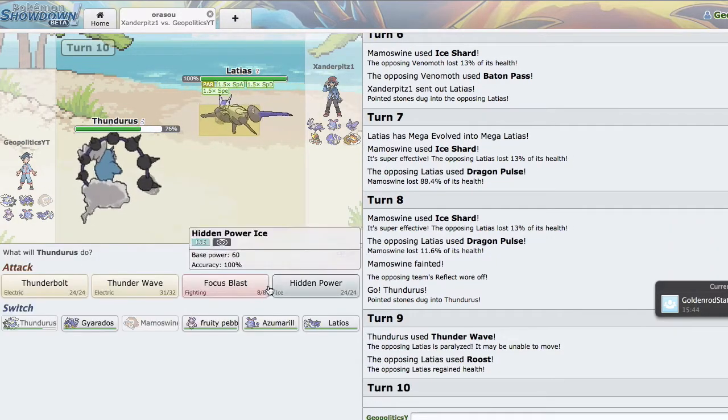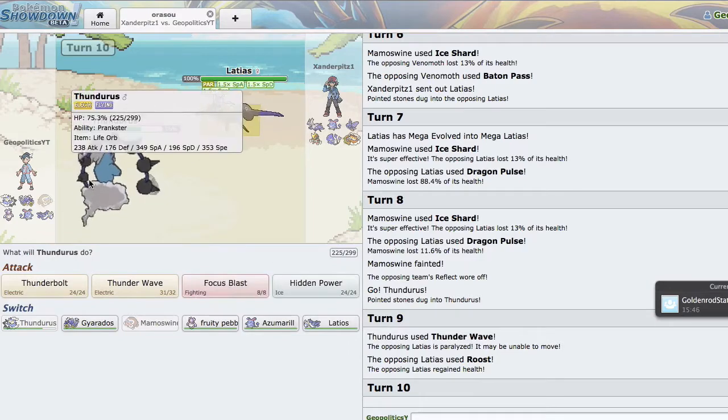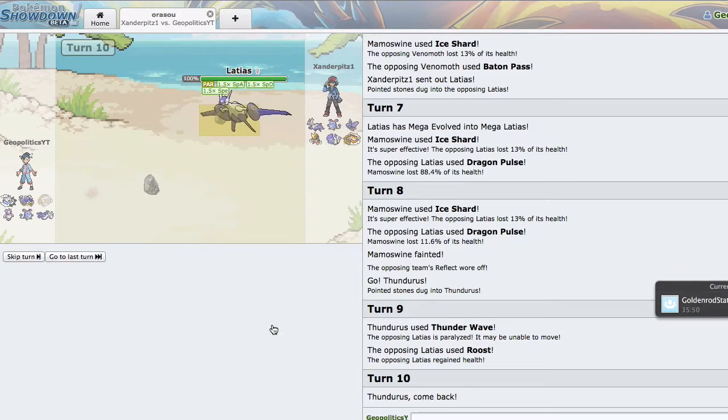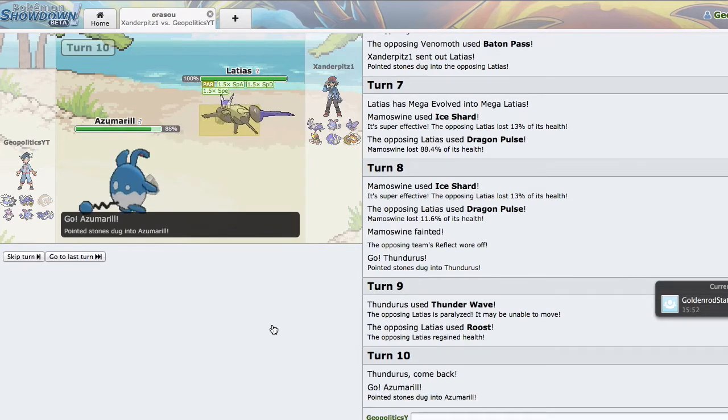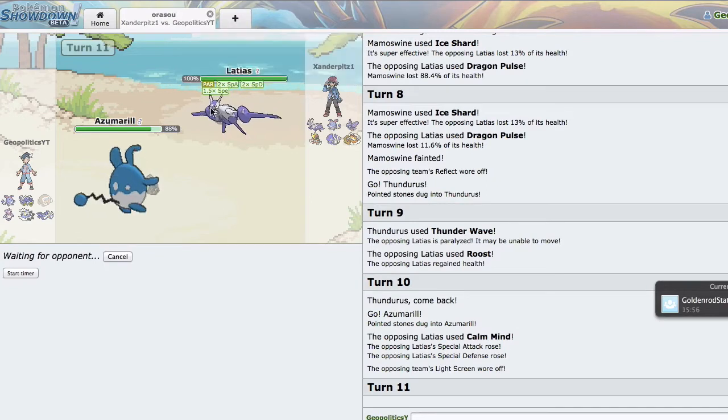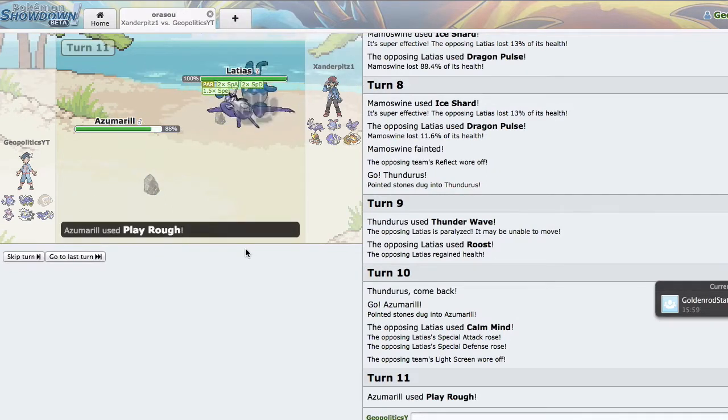He ends up going for the Roost, which sucks, but I think he's going to go for the Dragon move, so I'm going to go out into a Azumarill right here, and we'll see what he ends up going for. If he goes for Psyshock, I'm in trouble. He ends up going for Calm Mind, so he probably has Stored Power, but hopefully I can get a Para